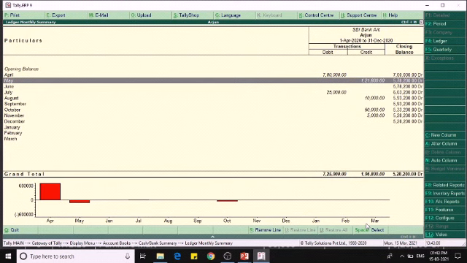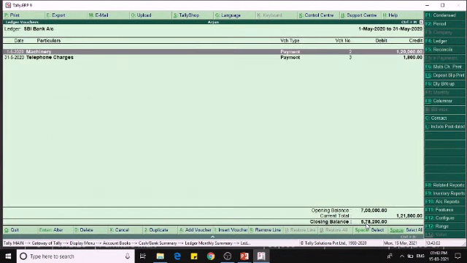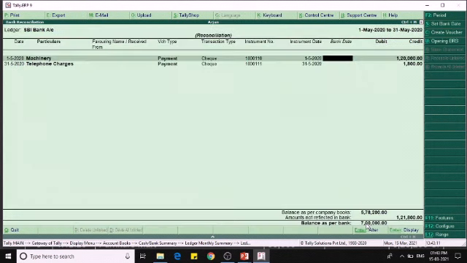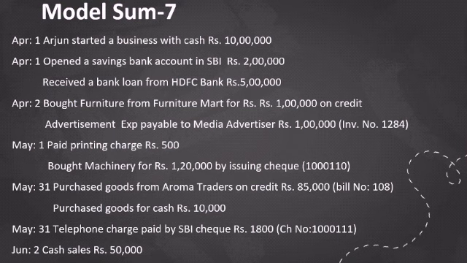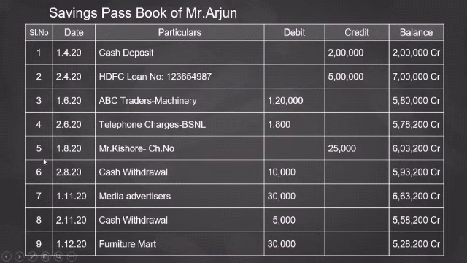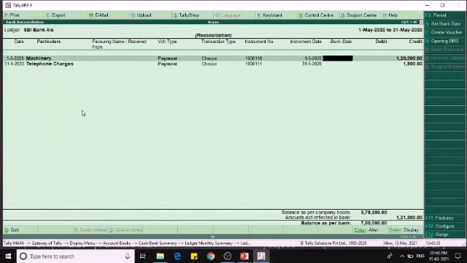Okay, now let us see for the month of May. So we have to give F5. So as per our transaction, we are buying the machinery on 1st of May only. Okay, by issuing the check number 1000110, but here the check is honored on 1st of June only. So in the bank date we have to give 1st of June,